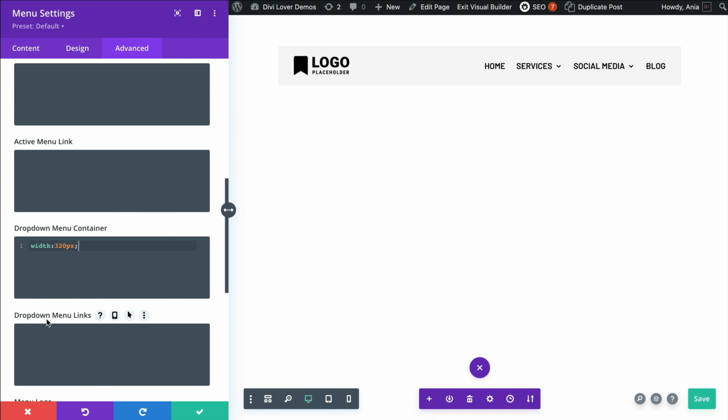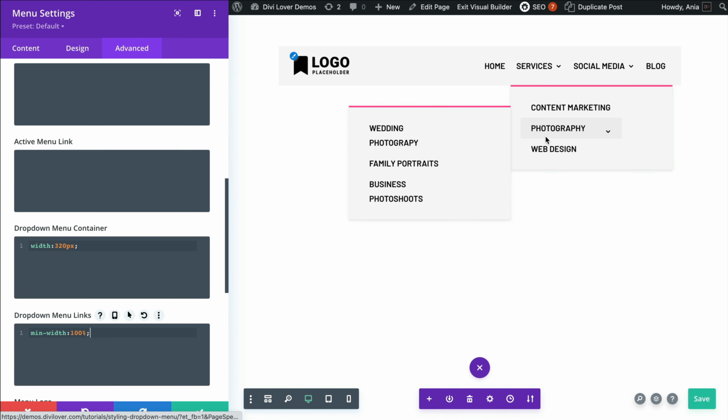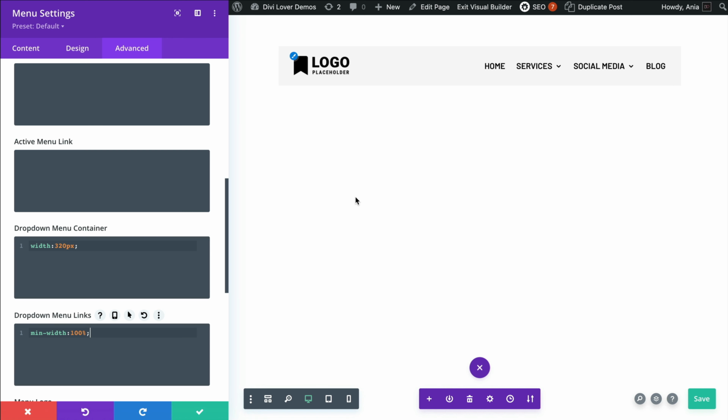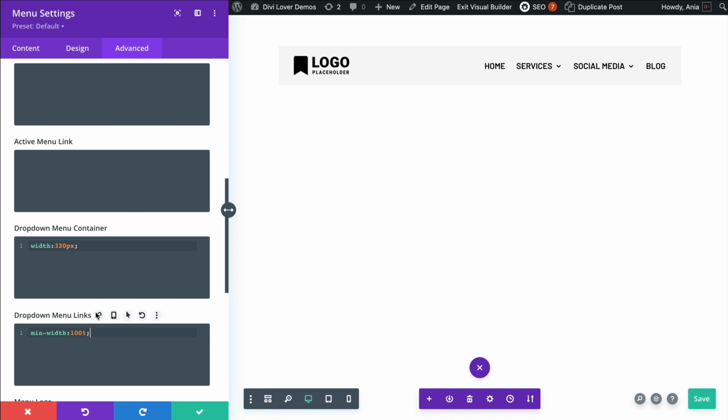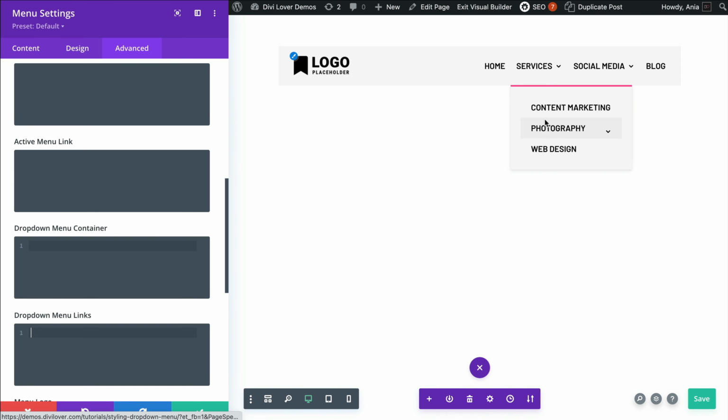Okay, we could target drop-down menu links with min width 100%, for example, but that doesn't help because in between the container and the link itself, there is a list item. The container is the unordered list, and there are list items, and inside are our links. So using this custom CSS section here in the module settings won't be enough. We have to be able to define our own CSS selectors to target different parts of